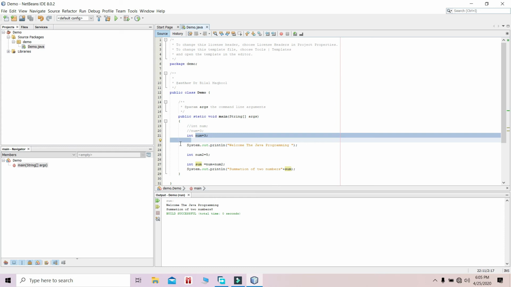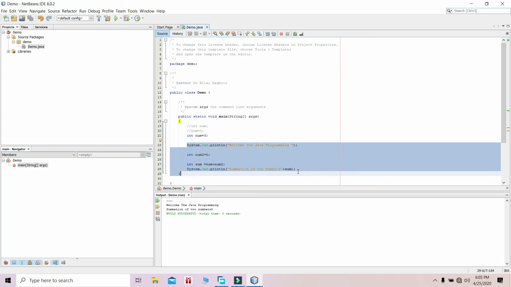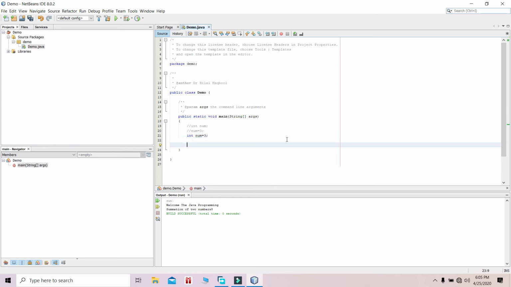For example, taking the same example, I'm amending the code and writing: if num is greater than or equal to 3, just to check a particular condition, then inside it int num2 = 10,